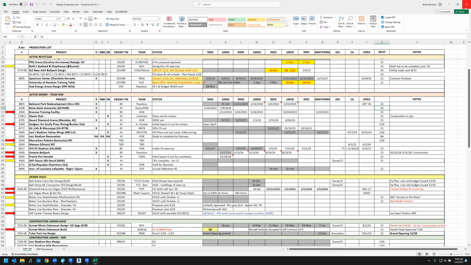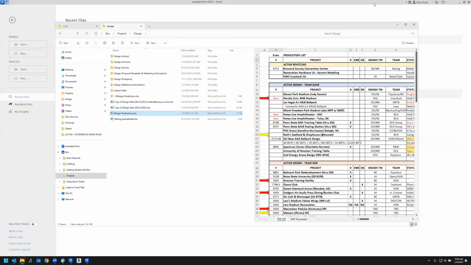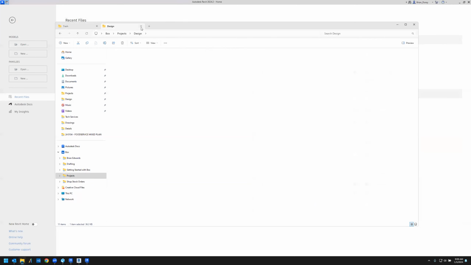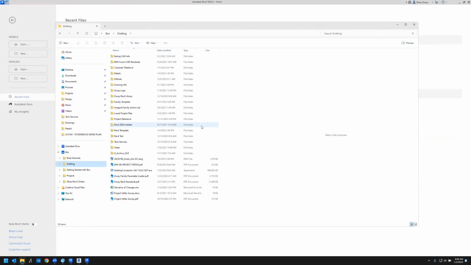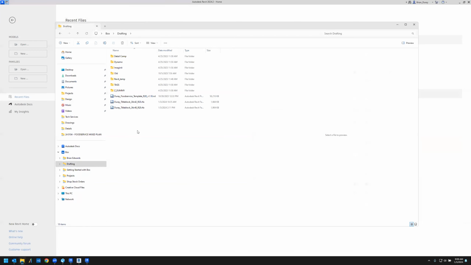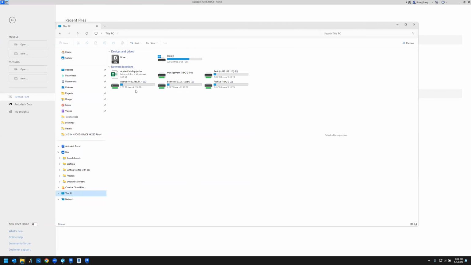Once you figure out what version you're in, you want to go grab the project template. For everyone, it's under Box, Drafting, which we all should have access to, and then Revit template. And we just finished updating this again today. We are officially on version 1.1. That's not the current one. That's from October. So I'm going to hop over